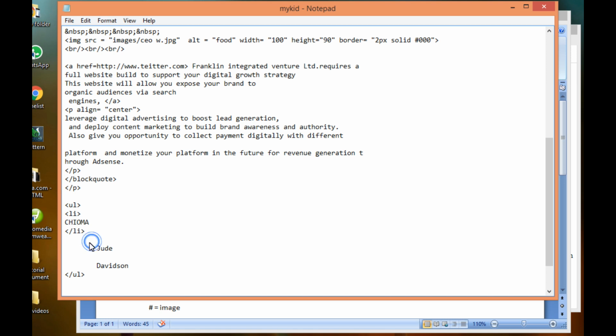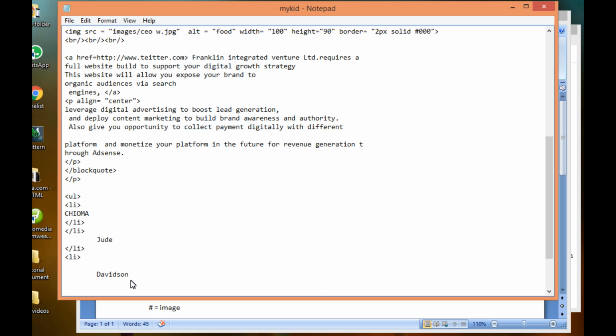Then place another one. This is the same way we create a table. You will learn that in the next video. And close this and open another one. Then I'll close it after this. Davidson. Now we have